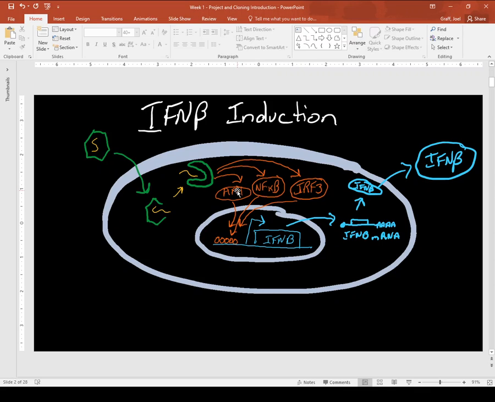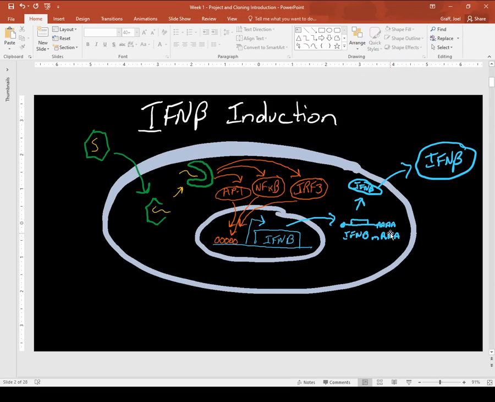When those transcription factors become activated, they will go from the cytoplasm to the cell's nucleus, and the promoter of the interferon beta gene has a bunch of binding sites. It's called the interferon beta enhanceosome, and at this enhanceosome, these transcription factors from these three families will bind, and then they coordinate to upregulate the induction of the interferon beta gene to be transcribed. You transcribe is when you read the DNA and make an mRNA, so we've got interferon